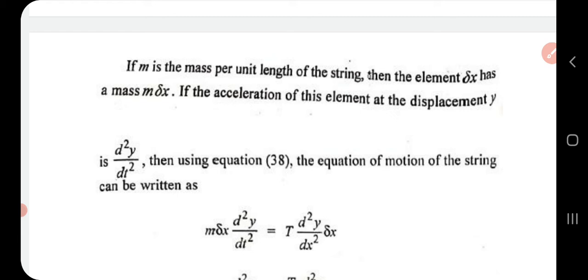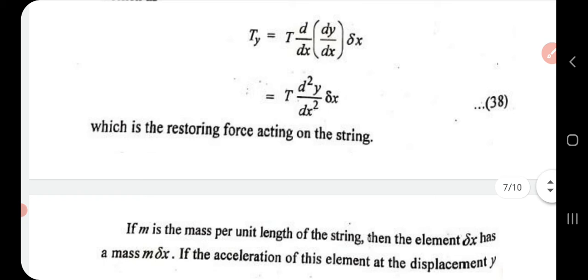Velocity is dy by dt, acceleration is d square y by dt square. And the mass of the element delta x is m delta x. Now using those two conditions, in equation 38, the equation of motion of the string will finally reduce to,